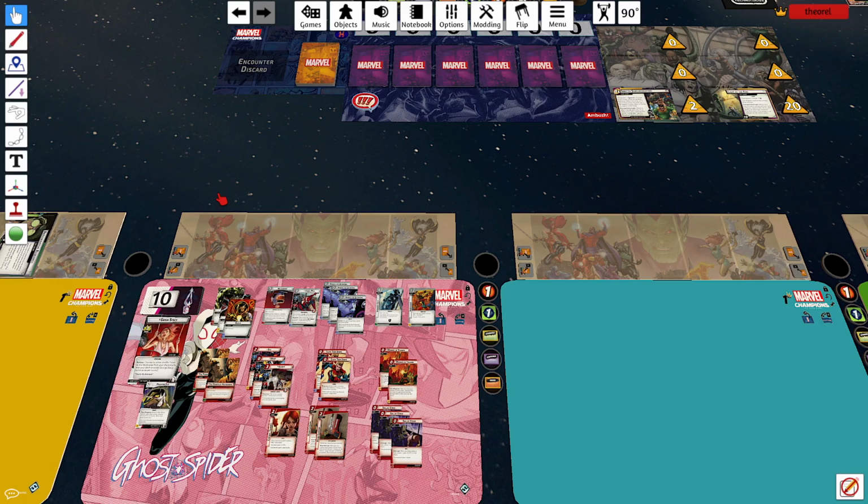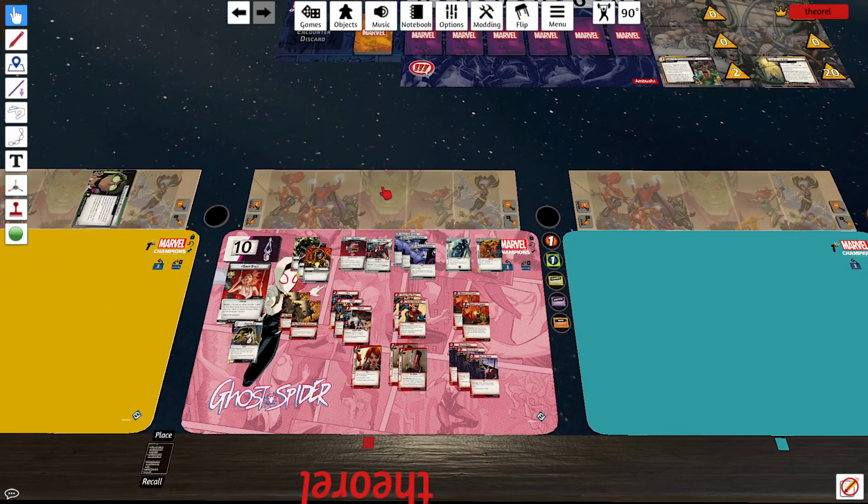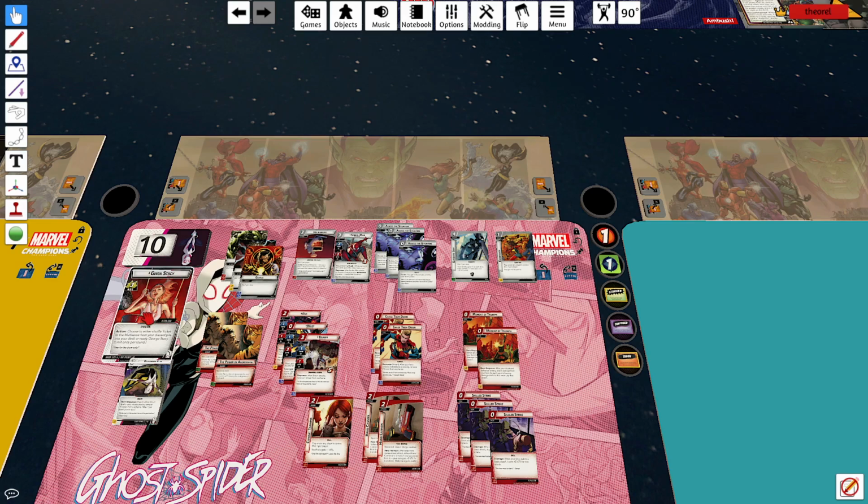So we are on episode, I believe, 32 of that Marvel Champions playthrough. And in this episode, we are going to be fighting against the 5th scenario in the Sinister Motives expansion, the Sinister Six. And we're going to use Ghost Spider to fight against them. I put together this Aggression Ghost Spider deck. I've been playing a lot of Protection Ghost Spider. She's the hero that comes with Sinister Motives, so she's been a lot of fun to mess around with, but